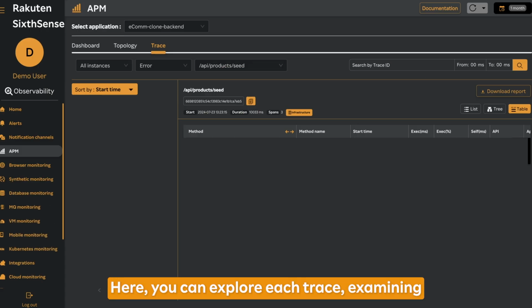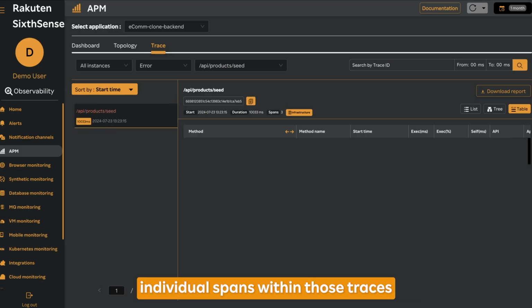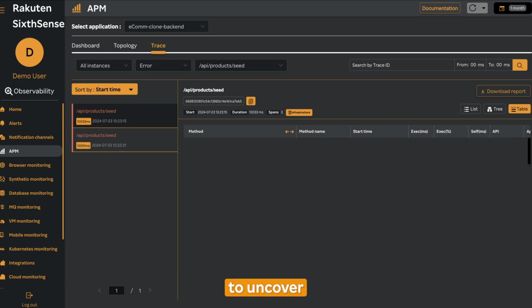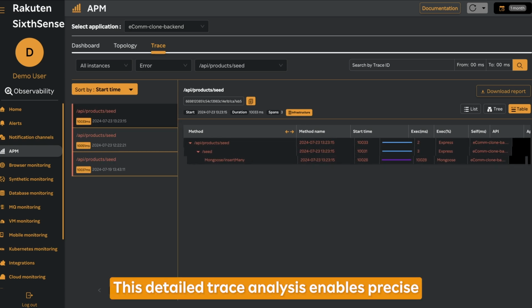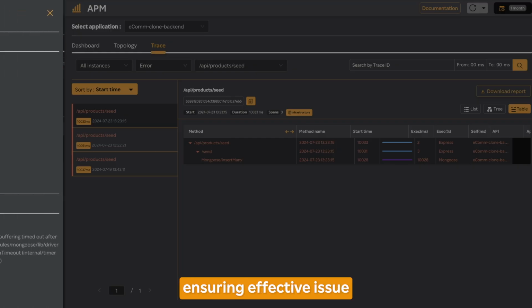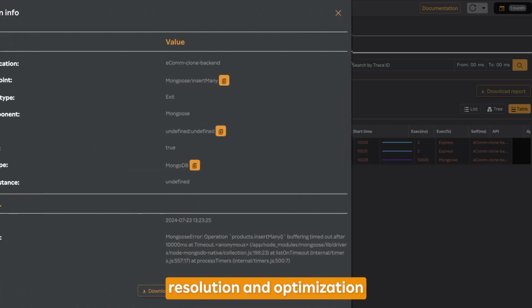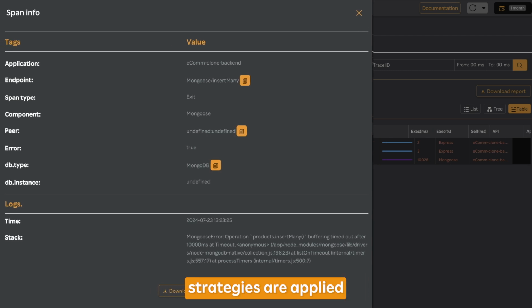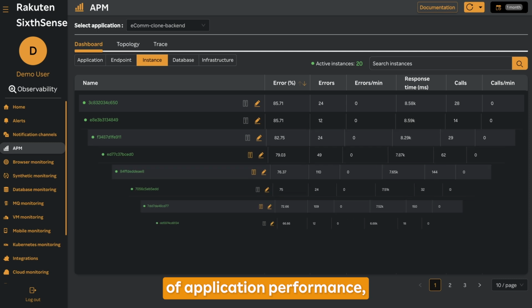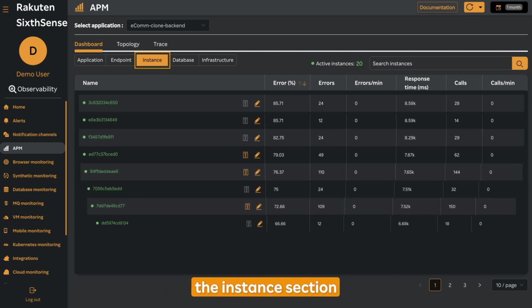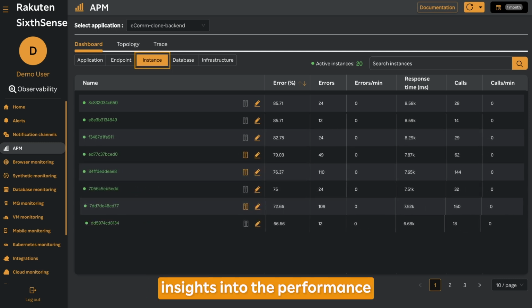Here you can explore each trace, examining individual spans within those traces to uncover specific reasons for delays or failures. This detailed trace analysis enables precise diagnostic interventions, ensuring effective issue resolution and optimization strategies are applied where they are most needed. Getting deeper into the specifics of application performance, the Instance section provides detailed insights into the performance of